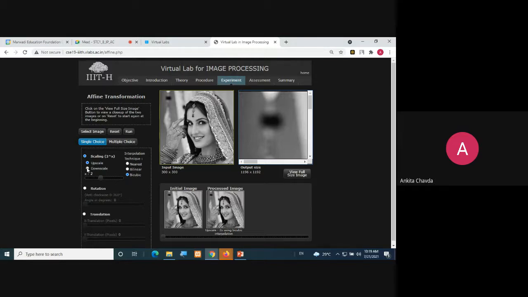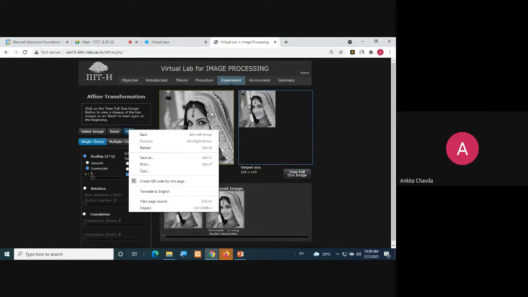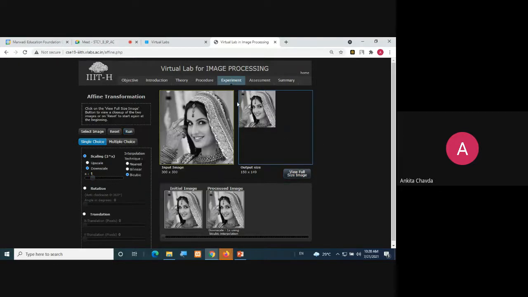Now you are doing the downscale. Downscale means zoom out. So if your size is 300 cross 300, you will get another size, 150 cross 150, because it is downscale. Zoom out. Fine. So this is what you are getting.